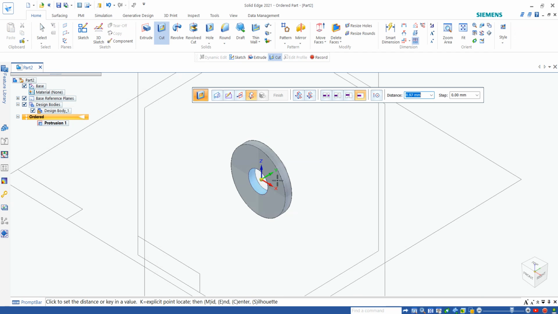and you can see it now. Friends, here are various types of cut extrude: Through All, Through Next, in which for Through All the circle will get cut up to the limit of the material, and Through Next is the same. For Finite Extent, if you want to cut only 1.5 mm, you can give it here. You can see